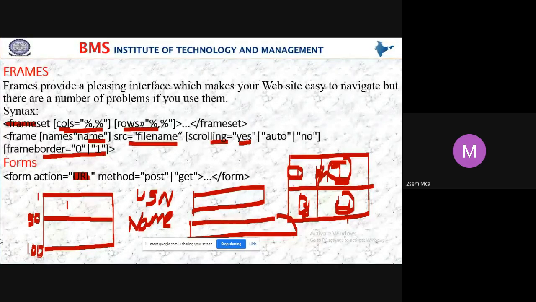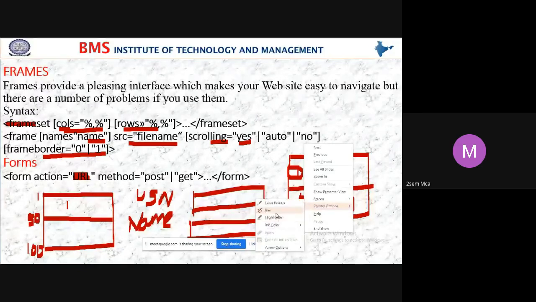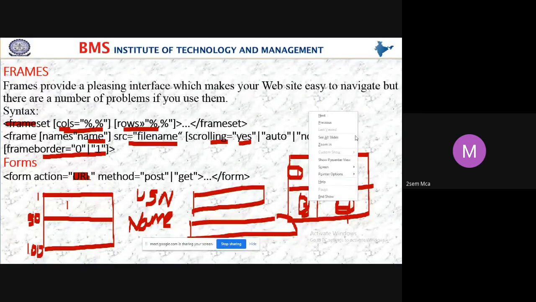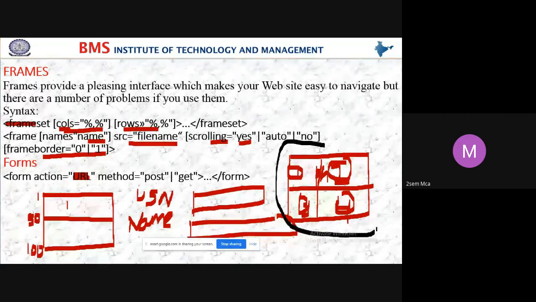In simple programs we don't use the form tag much, but frames are very important to divide the output screen, as I showed in the last class. See here, this is my web page.